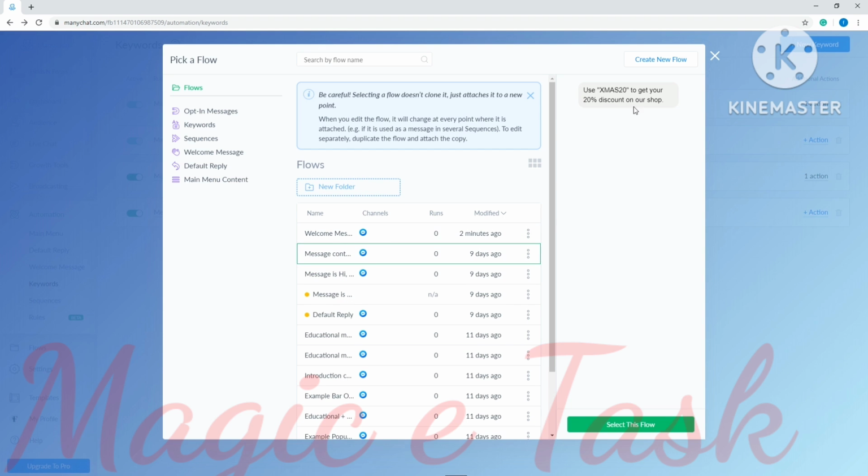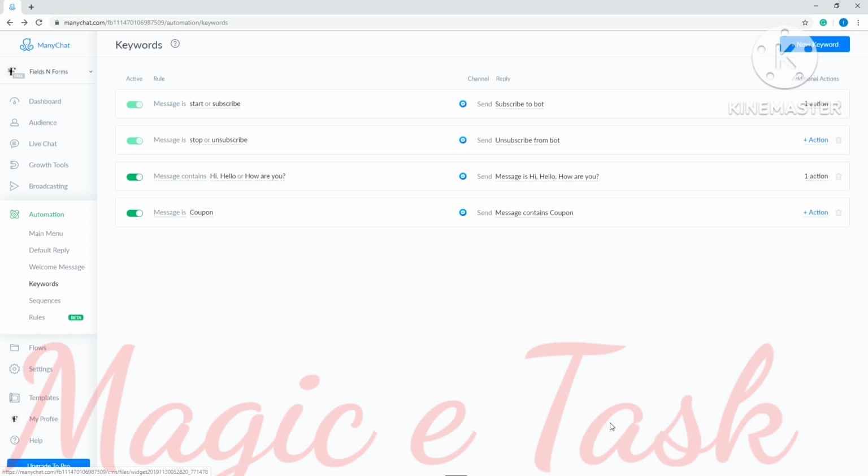Then click Select this flow. If you want to change the rule, just click Message Is and you'll see the available rules. Message Is only accepts keywords that are exactly specified. This rule is very strict. It's not case sensitive, but if there are additional letters, spaces, or symbols, then the reply or actions will not be